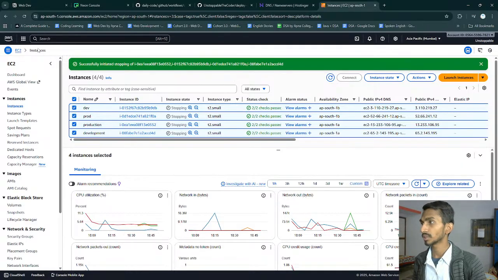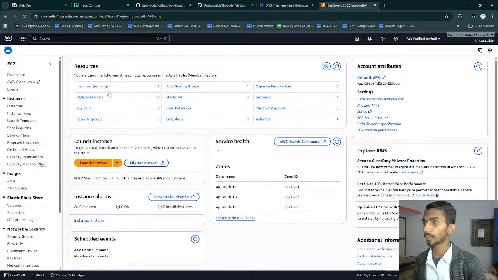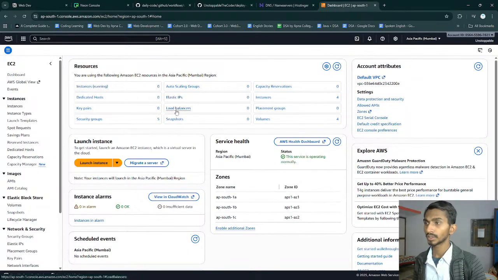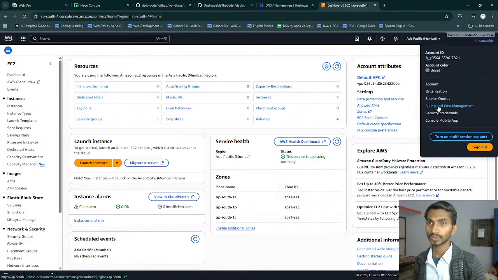And as for the instances, let's click on EC2. 0 running instances. Security groups are 5, that's okay. Volumes. Instances are 4, but the running ones are 0. Security groups. Let me check this thing too before leaving.